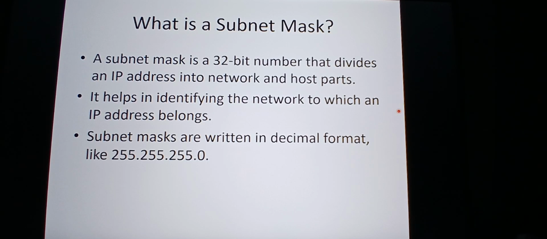So what is a subnet mask? A subnet mask can be described as a 32-bit number used in IP networking to divide an IP address into two components, which are the network part and the host part. A subnet mask determines which portion of the IP address identifies the network and which portion identifies individual devices within that network. Subnet masks are typically expressed in decimal format like